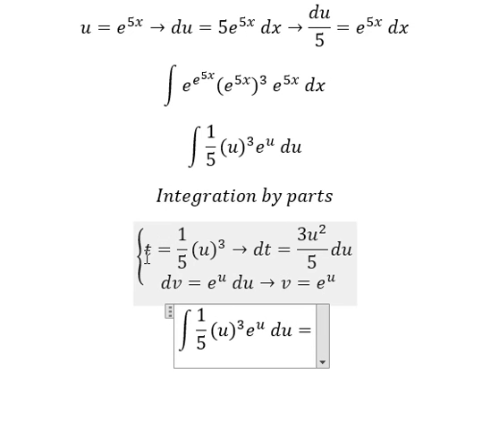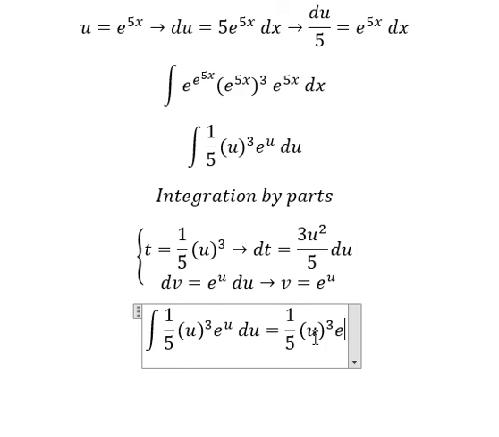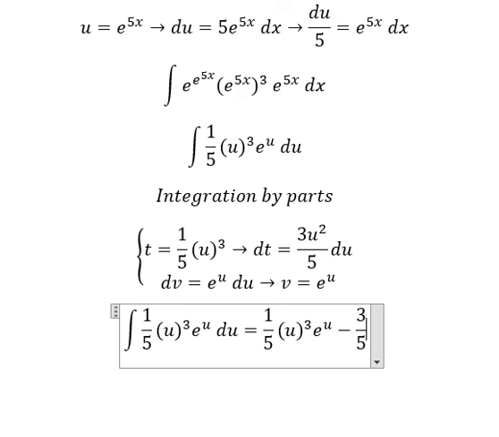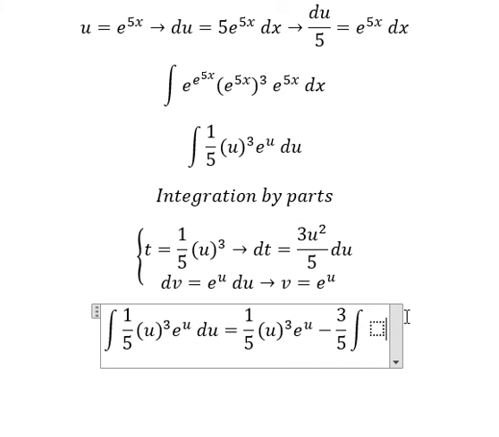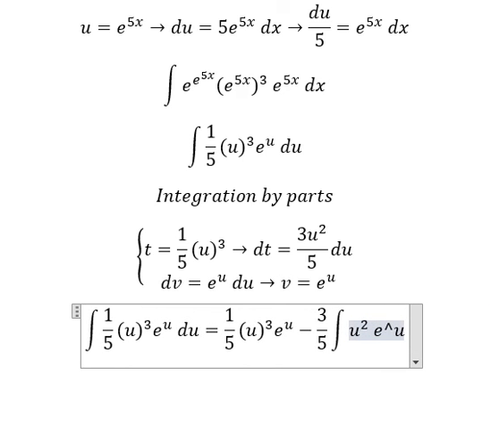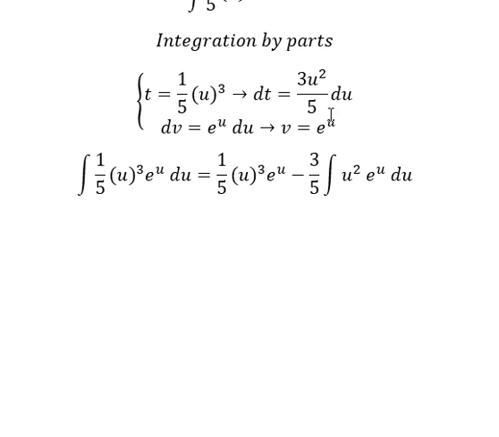So we have t multiplied by v, minus dt multiplied by v, so we have 3 over 5, and now we have the integration of u squared e to the power of u du. And now we can use integration by parts again, and now I will put t